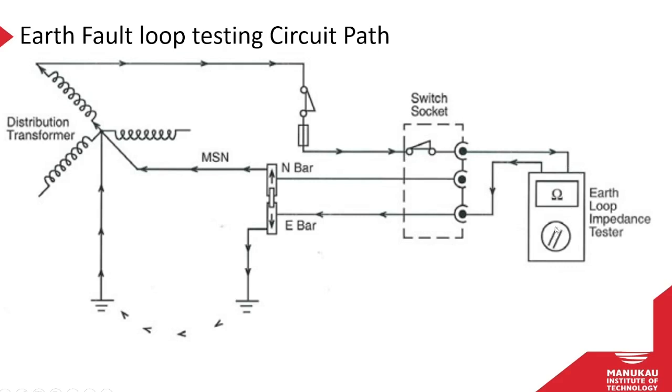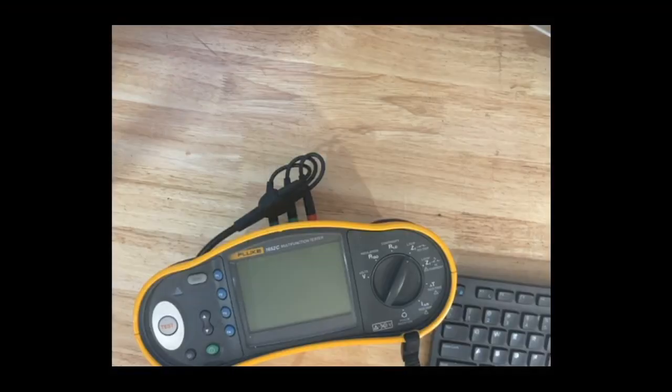So that is the circuit that we will be testing. And what we're doing then is confirming the resistance of this entire path to ensure that it is low enough to make sure that my circuit protection device operates. Okay, so we have here then our